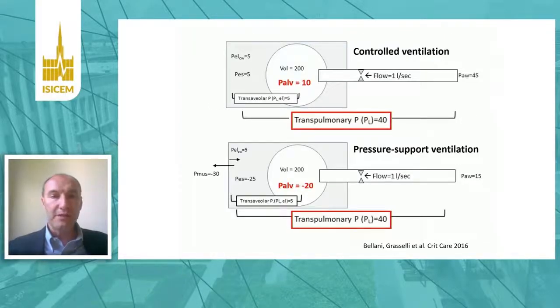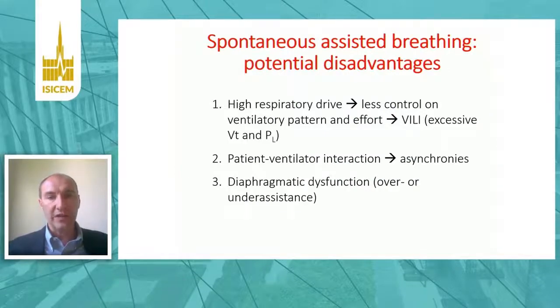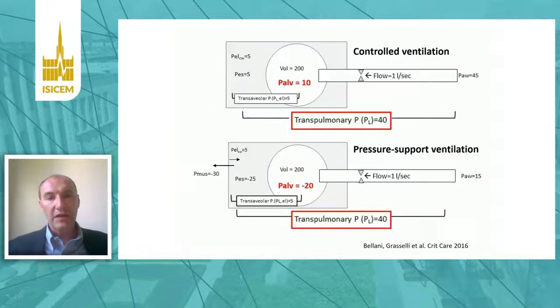So the first problem is high respiratory drive and less control on ventilatory pattern and effort. As you can see in this slide, here you can see the situation under controlled mechanical ventilation, and here in pressure support ventilation, you can see that in these two situations, transpulmonary pressure can be exactly the same, but as you can see, the absolute value of alveolar pressure can be extremely different and very negative during pressure support ventilation, while it's always positive during controlled mechanical ventilation. And this situation can be extremely dangerous,